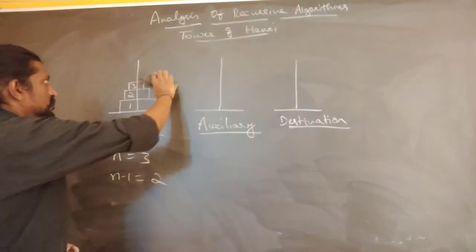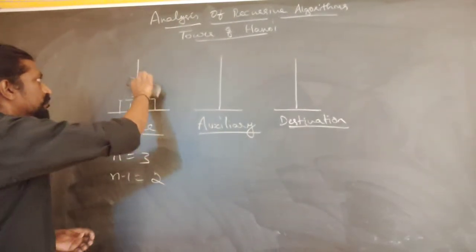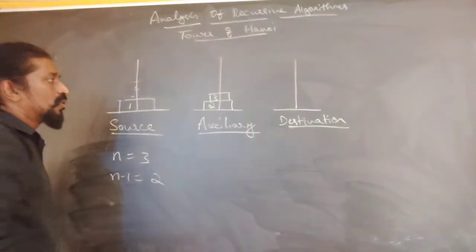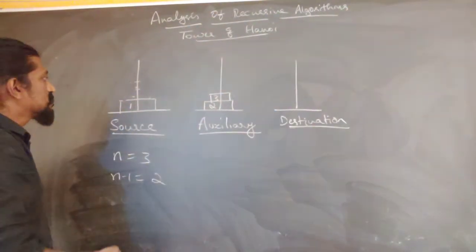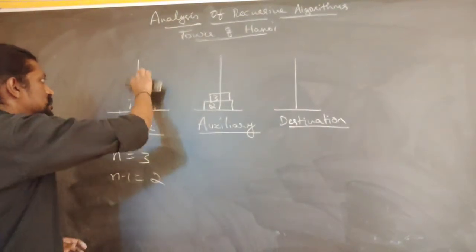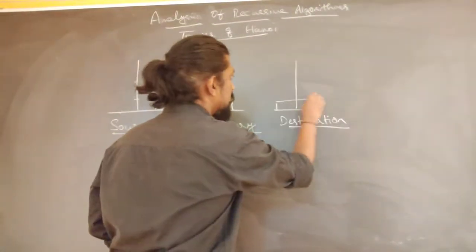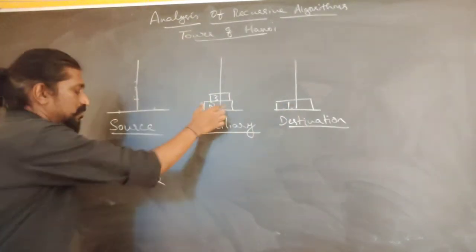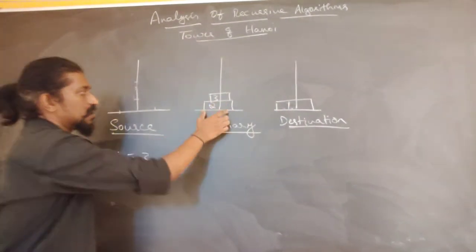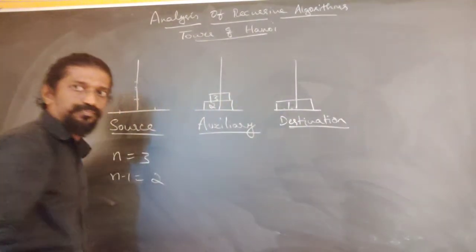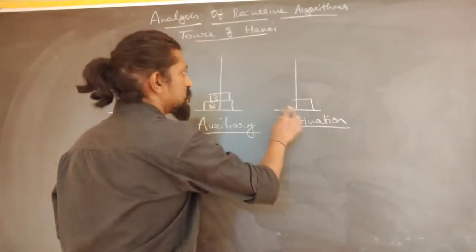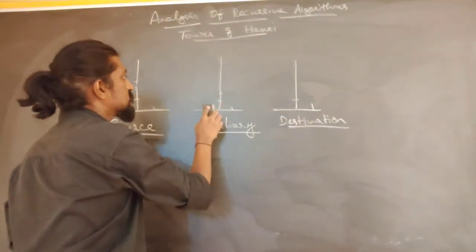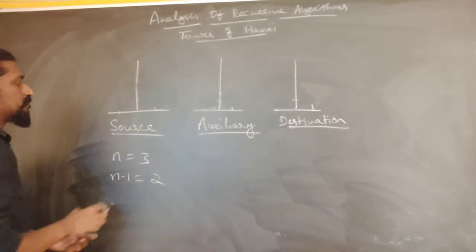Okay. Now let us assume that we have done that. We have moved the discs 2 and 3 onto the auxiliary. Now only one disc is left at the source. This one disc which is at the source can directly be moved from source to the destination. And when this is done, n minus 1 discs, that is 2 discs which are left at the auxiliary, can be moved from the auxiliary to the destination. Okay. Now an obvious question arises. When we had to move these 2 discs, 2 and 3, from source to the auxiliary, didn't we move 2 discs at a time?